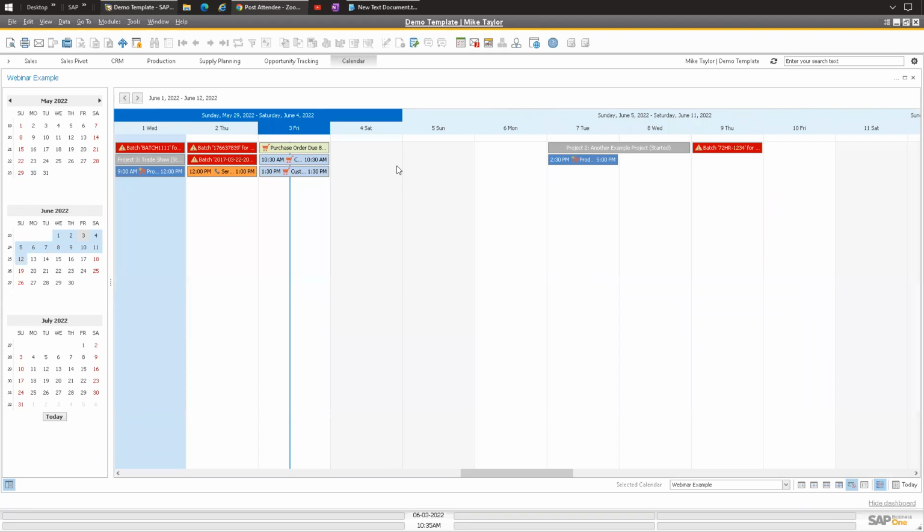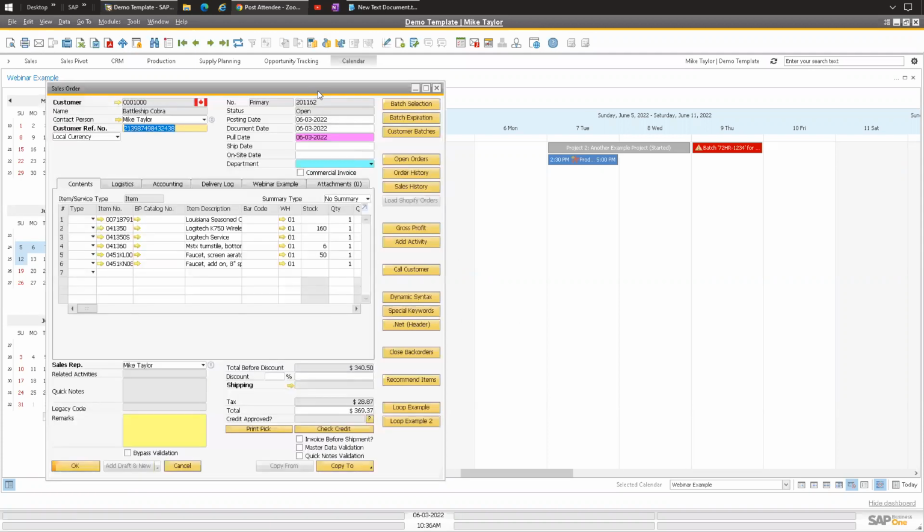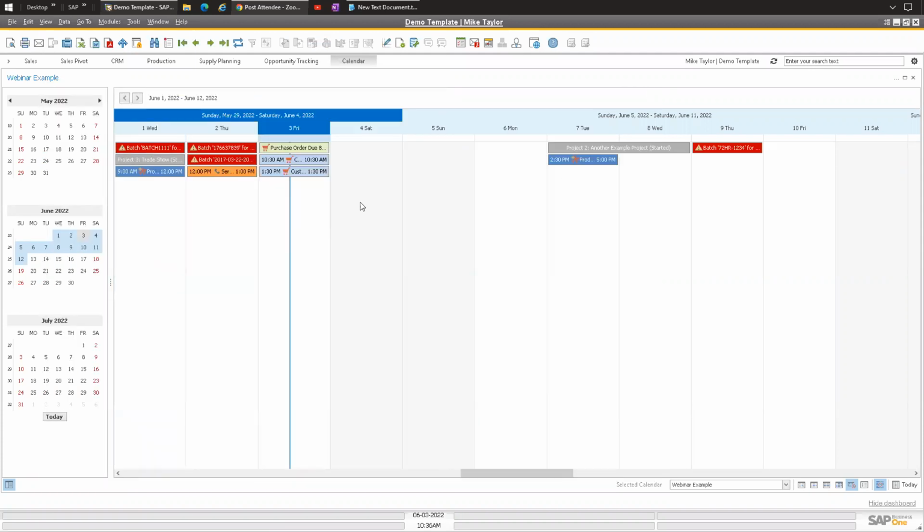So this is where, if you're not necessarily doing something at a specific time of the day, maybe this is more a view that you would want to make default for the warehouse. So perhaps you had just customers coming to pick up their products on a specific day. So you can mouse over there and see, oh, there's a customer pickup 1:30 today. There's a customer pickup at 10:30 today, and you can drill into those documents as well directly from here and see exactly what's going to be on those particular orders.